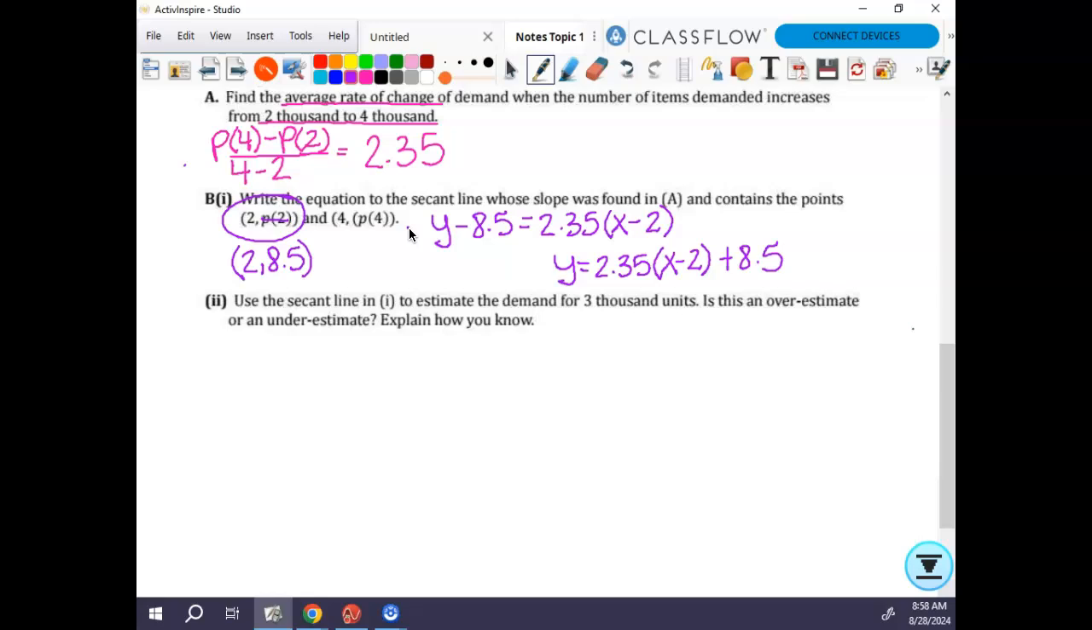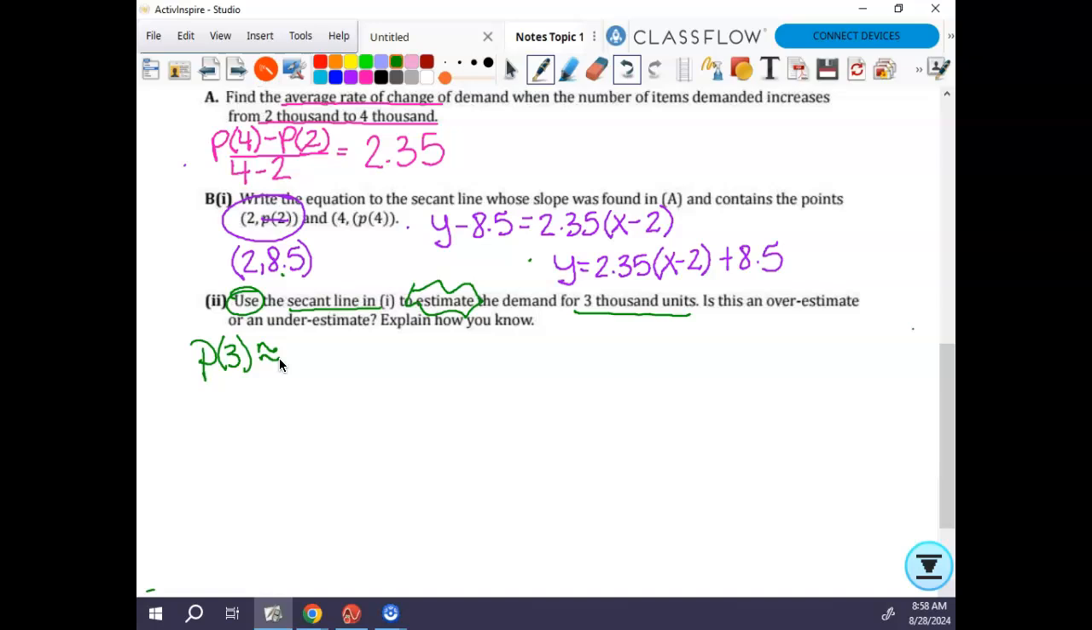All right. So then it says, use the secant line to estimate the demand for 3,000 units. Although we used our calculator to find this number right here, and we did F1 of 2 to find that, it is not asking us to find F1 of 3. It's asking us to use the line we just found to estimate it, okay? So if I do, well, this is not H, it is a P. So that means that P of 3, and it says to estimate it, is about